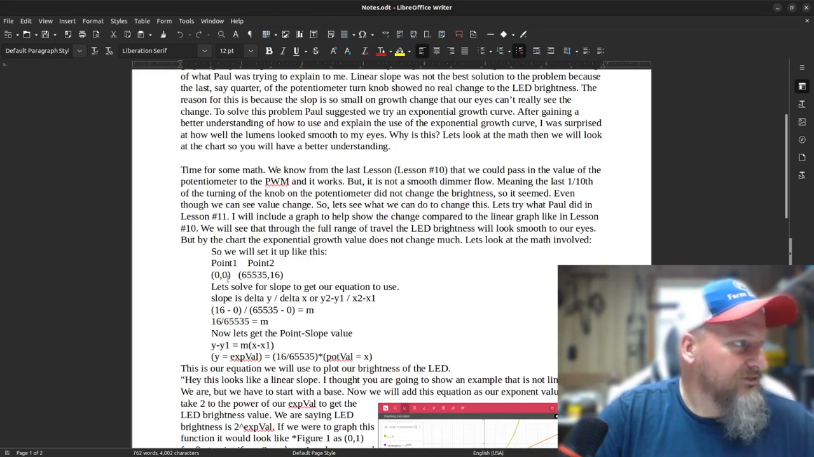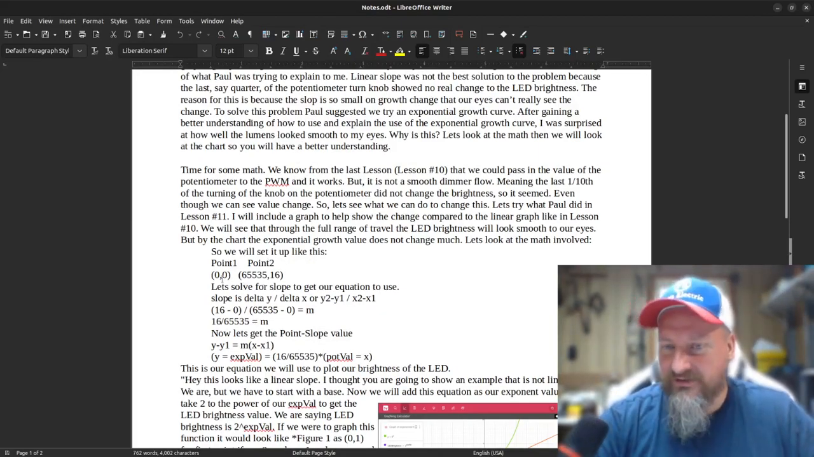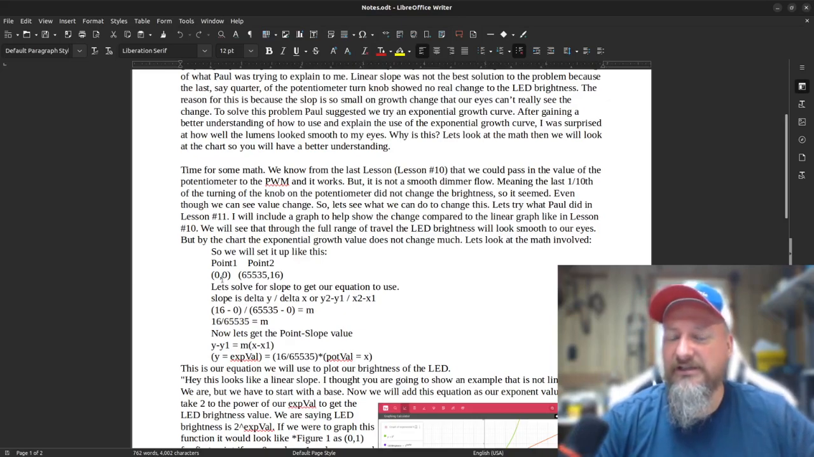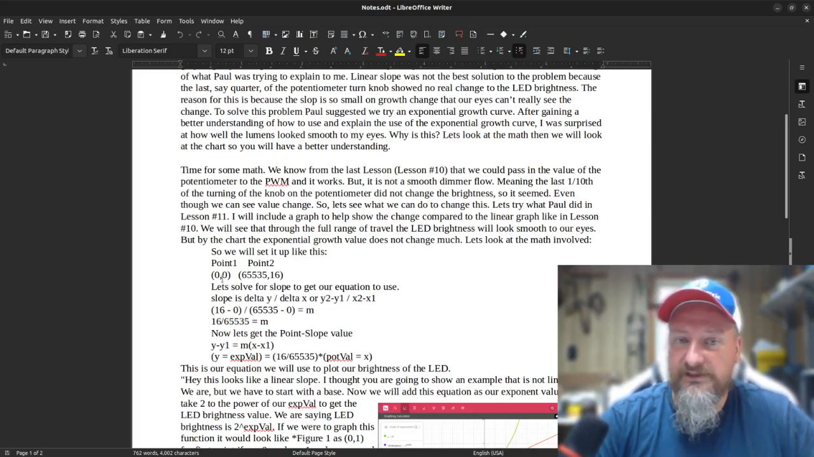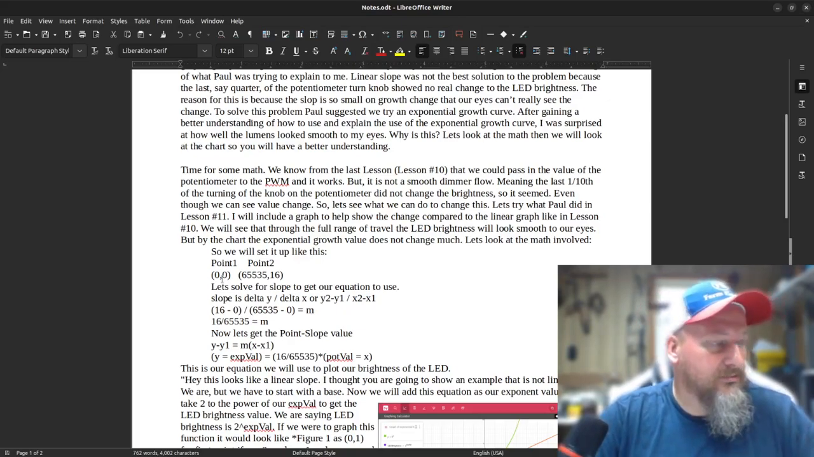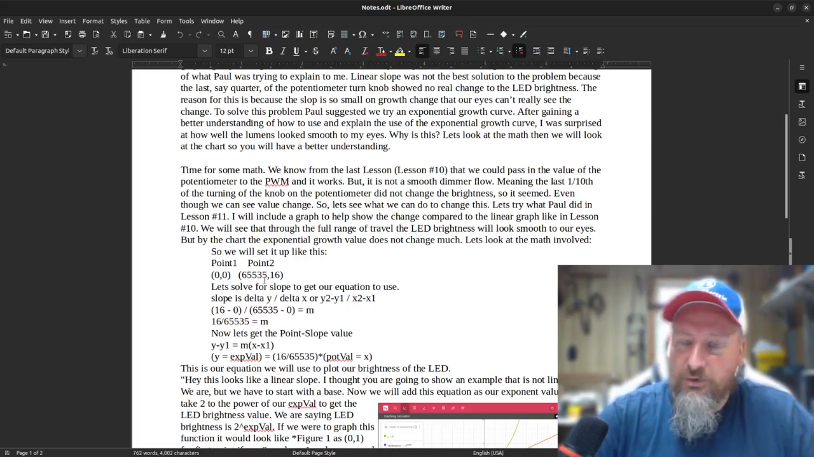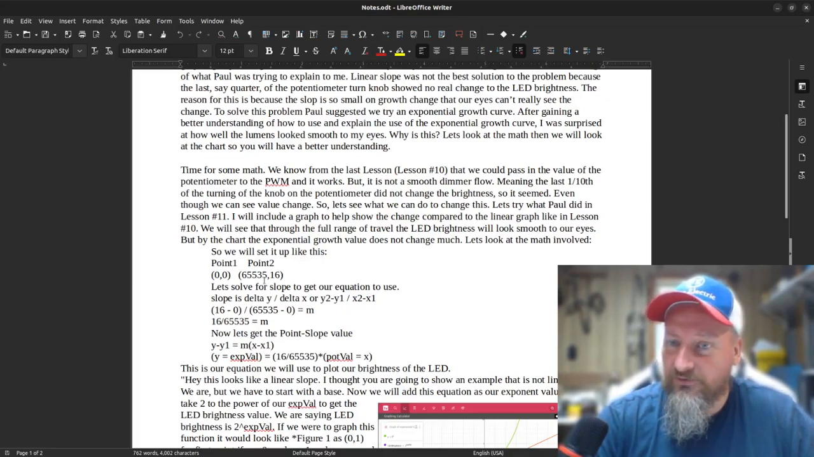Okay, what we're going to start out with is the same thing as we do with any kind of slope. We've got to come up with two points. Well, we know if we have the potentiometer all the way to 0, that's going to also be 0 in our pulse width modulator for our LED. So that's our first point: 0, 0. Our second point that we're going to need is when we turn the potentiometer to full max, it's going to read